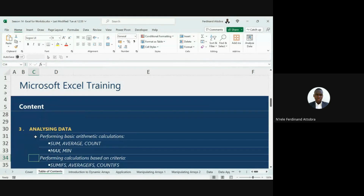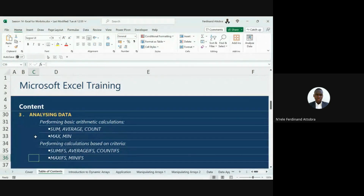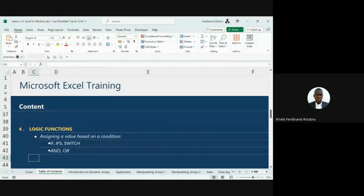And after that, we'll also learn how to perform some analysis using the normal sum, average, count, mean, sum ifs, max ifs, count ifs, and all that. We move to the logic functions. So here with the logic functions,